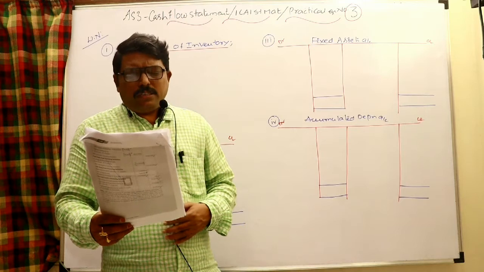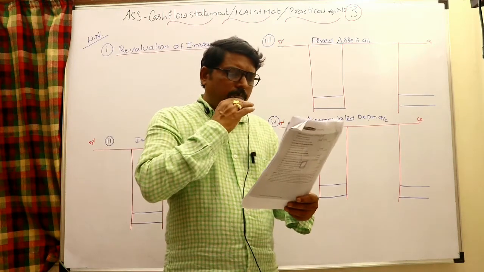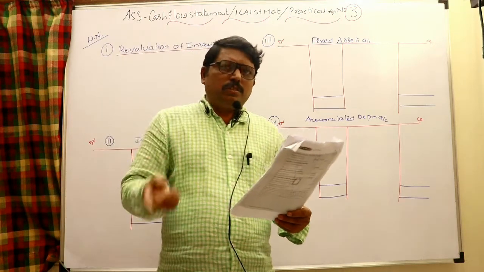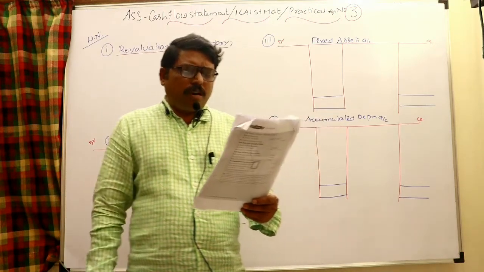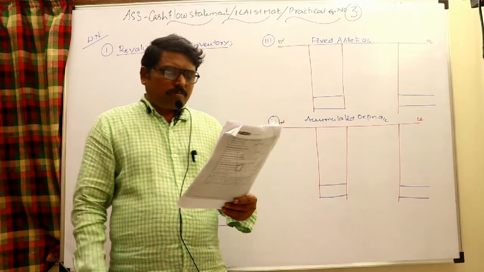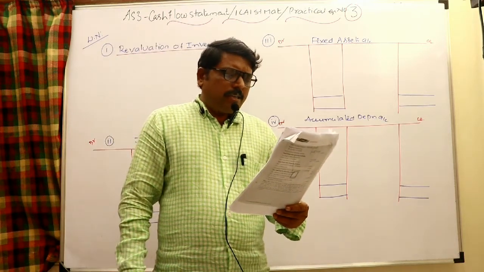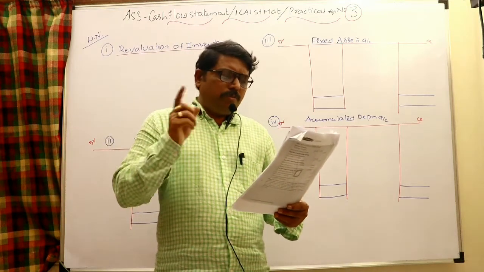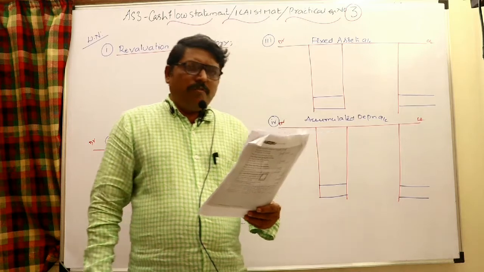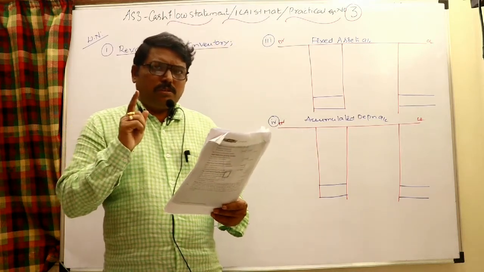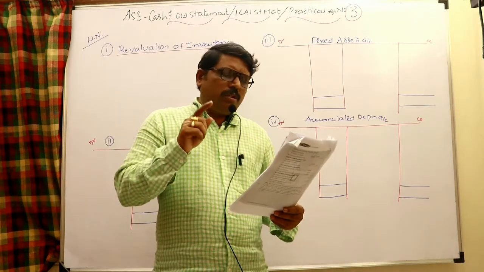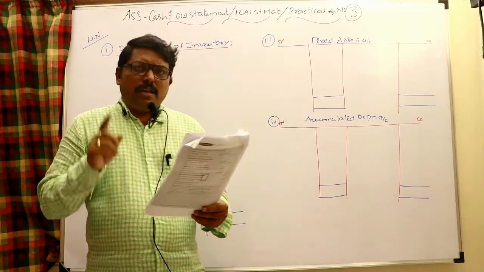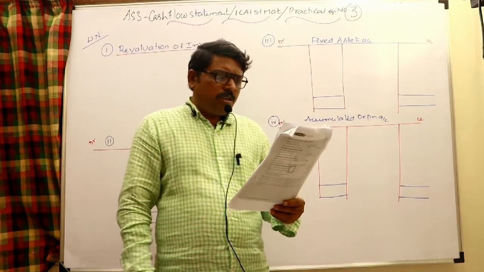Let us go to the additional information given like this. The company sold one fixed asset for 1 lakh rupees. When a fixed asset is sold, in the cash account, it is credited to fixed asset 1 lakh. Obviously it is an investing activity. Actually its cost is 2 lakhs, but provision for depreciation for that is 80,000, which means written down value 1,20,000. A 1,20,000 written down value asset sold at 1 lakh means there is a loss of 20,000. Entry: P&L account to asset 20,000.